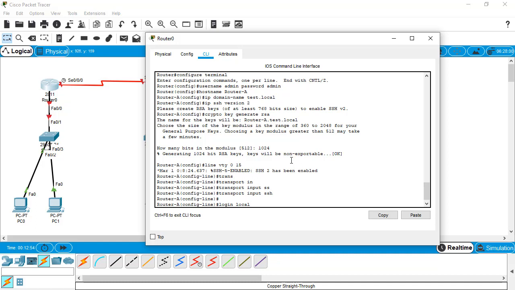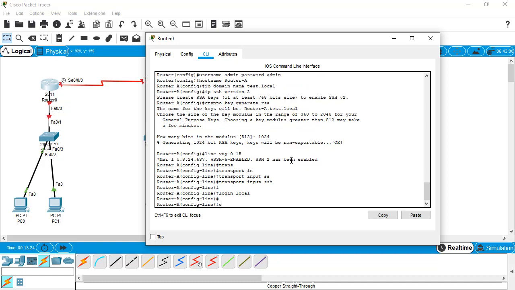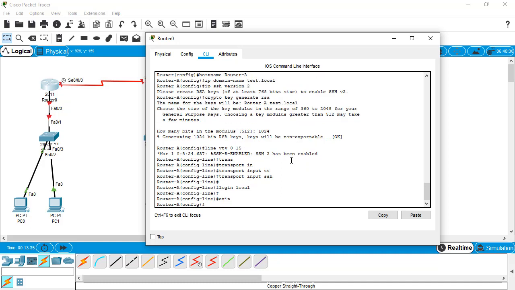This command allows the local users to access the secure shell over the network by using their username and password. So just give this login local command and hit the enter key. Now exit from this mode, and now we need to enable our interfaces, that is the serial interface and the fast ethernet. So we are just going to select the interface serial